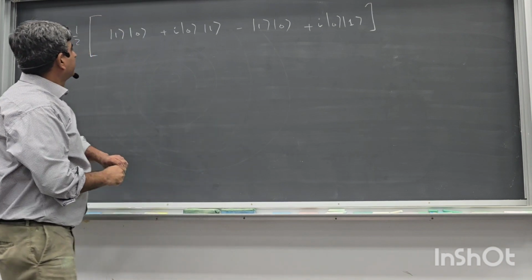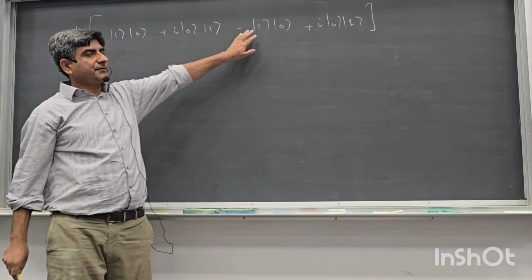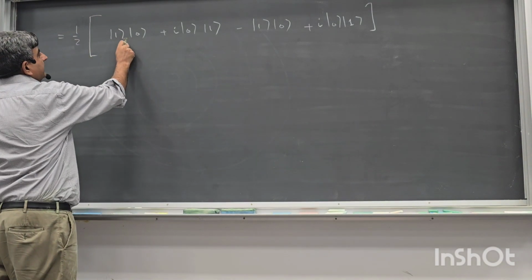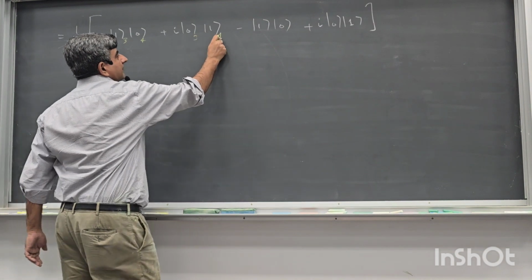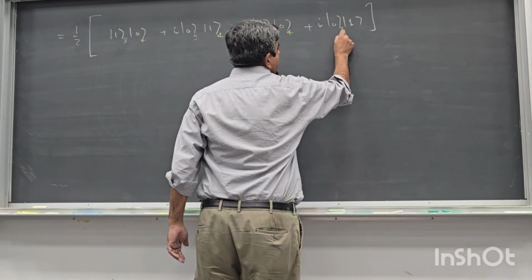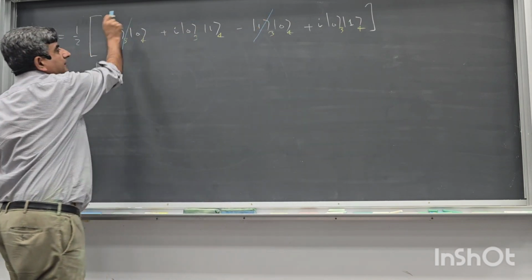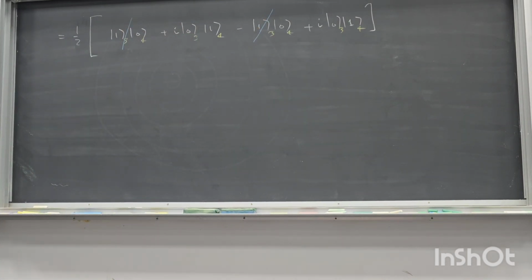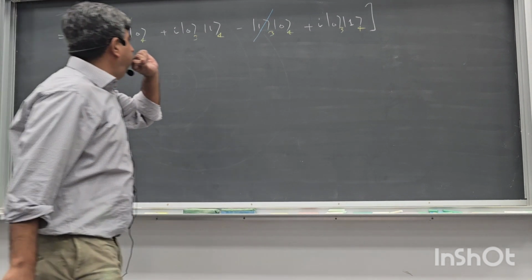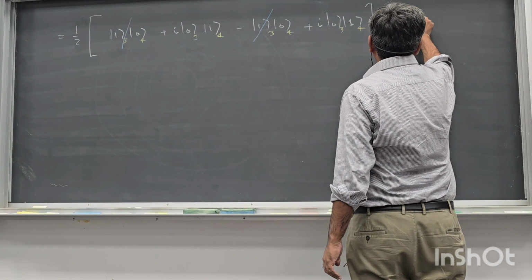Now look at these terms, this term and this term. For convenience, let me put 3 and 4 again. These terms cancel out, destructively interfere. And I'm left with iota,